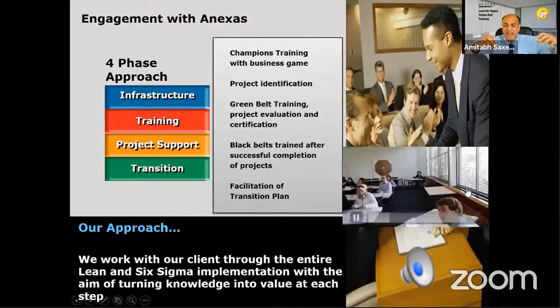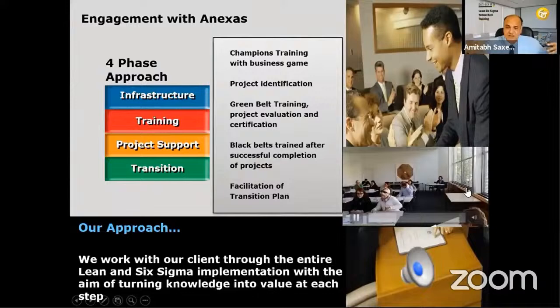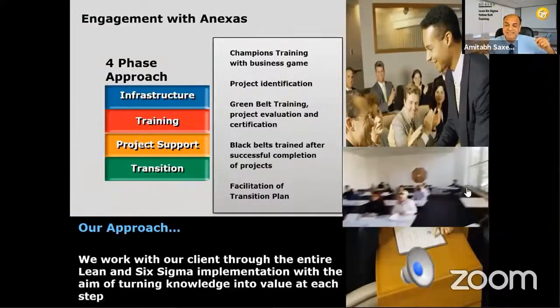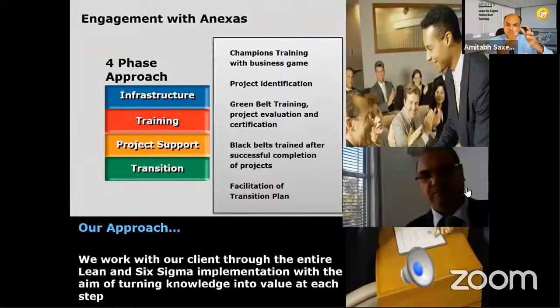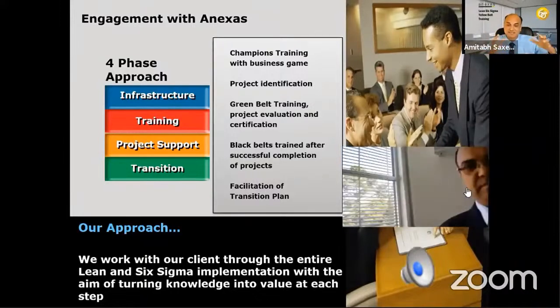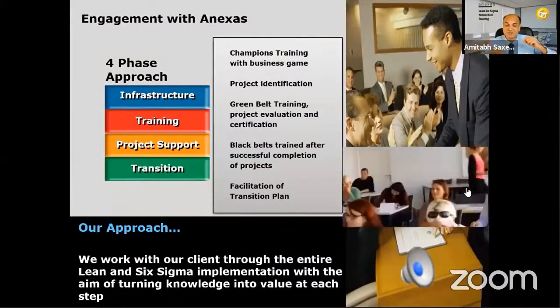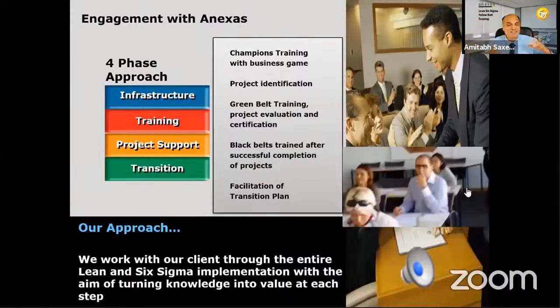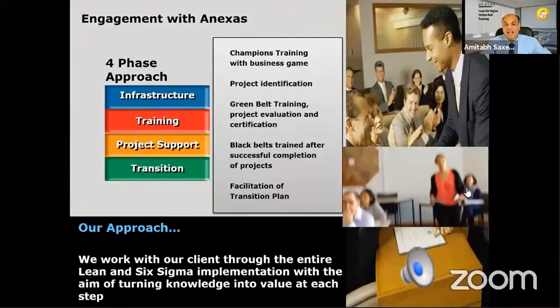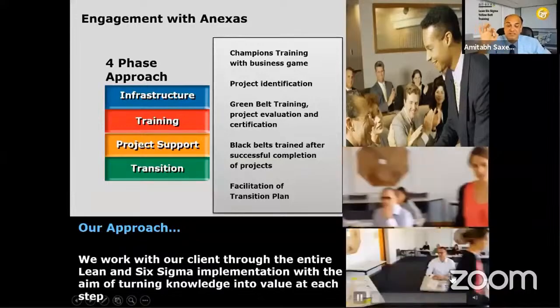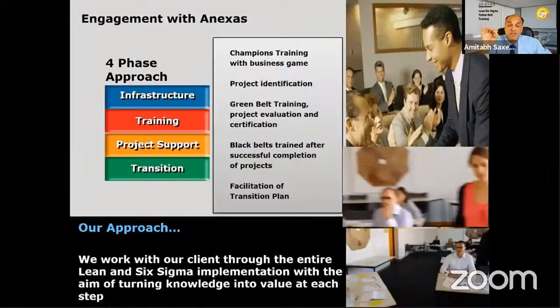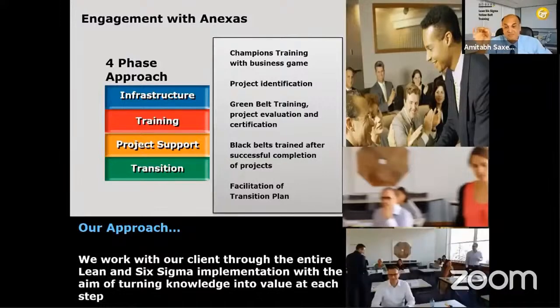Suppose four people sitting in four corners acted like customers. They sent some couriers to each other, and the people sitting in the front and in the center acted like a courier service company, and the job was to deliver those couriers to the customers. They were making a lot of mistakes and delays. Then I taught them some tools and techniques. And after that, within 2 to 3 hours of applying these tools and techniques, they were able to improve the